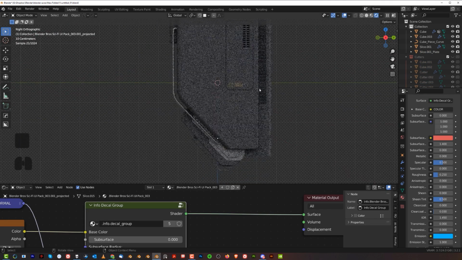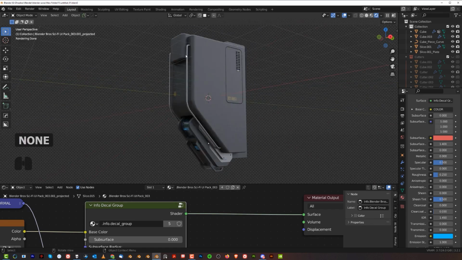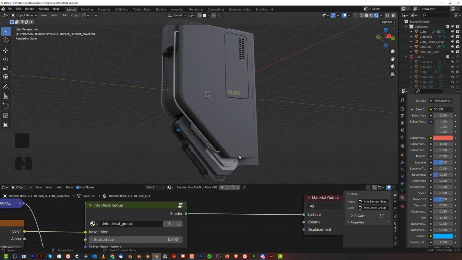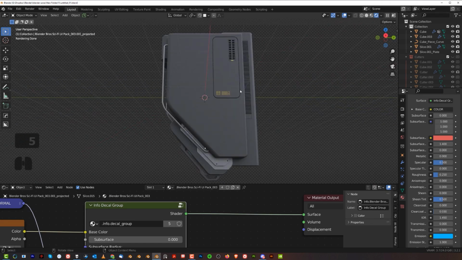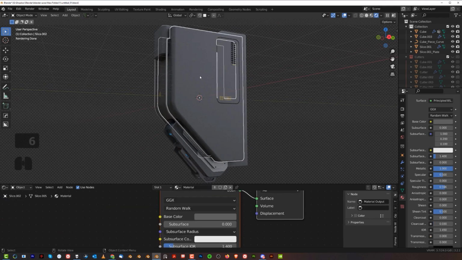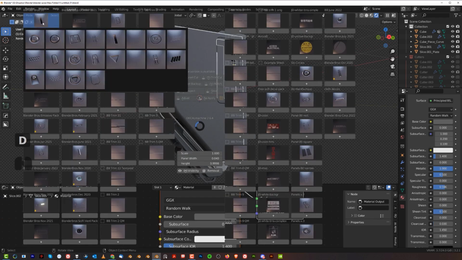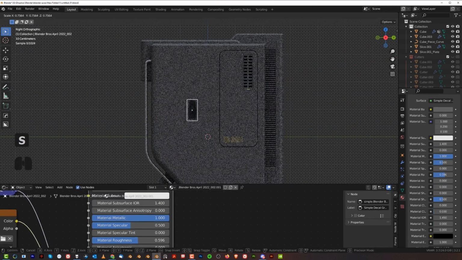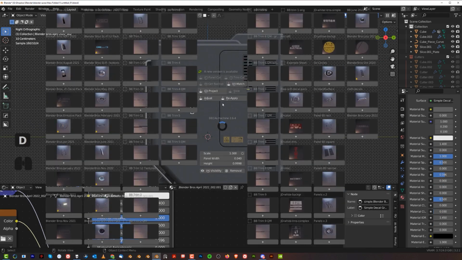And then you can add some other elements. Like for instance, if you're detailing something like this, you don't want to add stuff all over the place. You want to add it on the edges to emphasize the shape, sort of complement the shape, not ruin it. So here, for instance, what I would do is go here to, this is a fantastic decal. It creates a really nice dark sort of